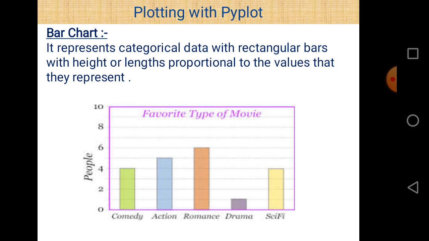It depends upon you what interval you want to take. According to that, data will be read here. So it is a bar chart in which there are 5 different categories: comedy, action, romance, drama, and sci-fi. And we can easily see how many people like which category of movies. So basically a bar chart represents categorical data with rectangular bars.